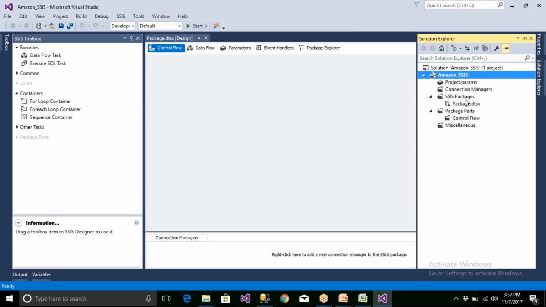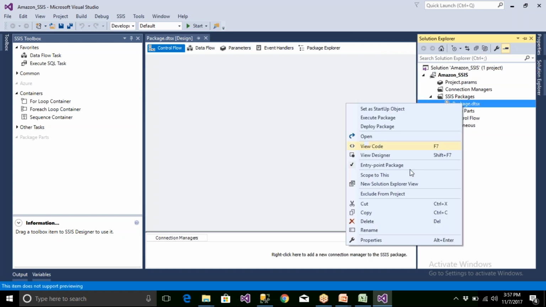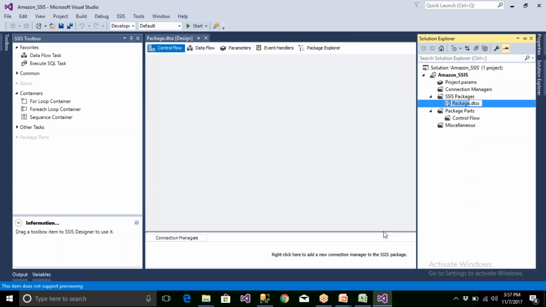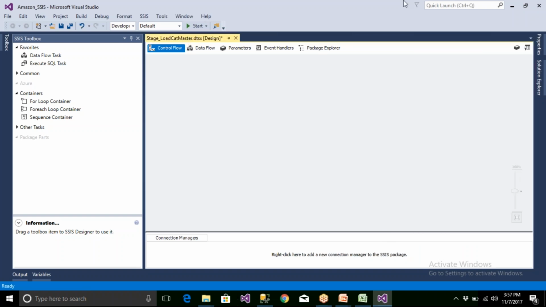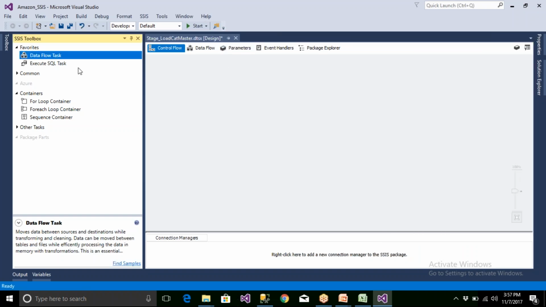Create a package and rename it stage underscore load category master. This is the first table I'm going to load to the stage.